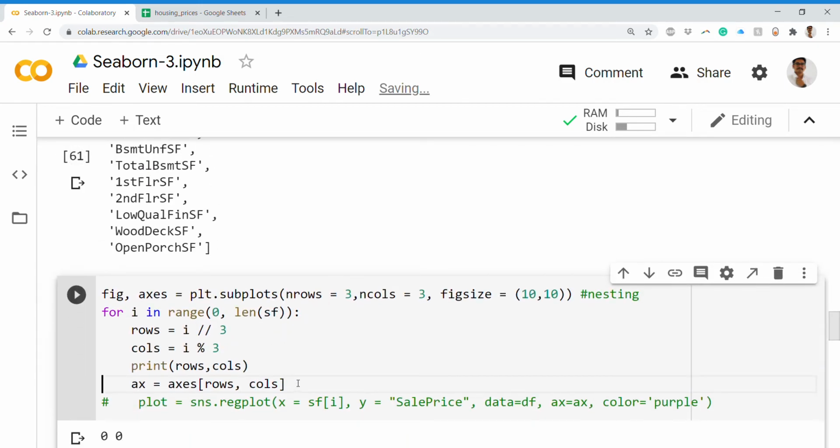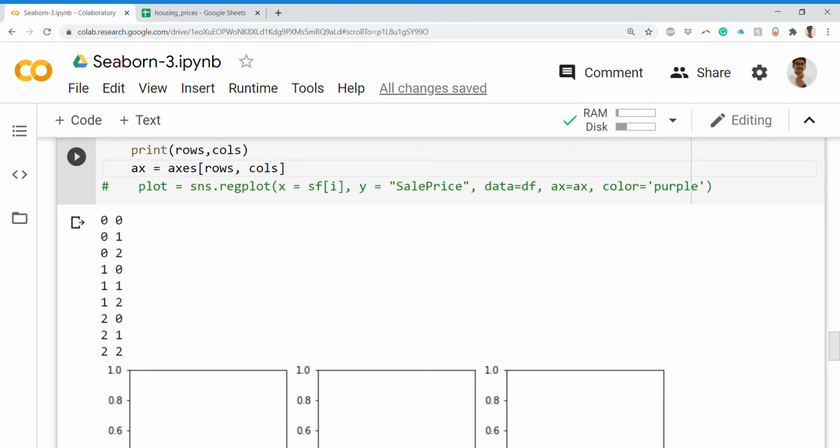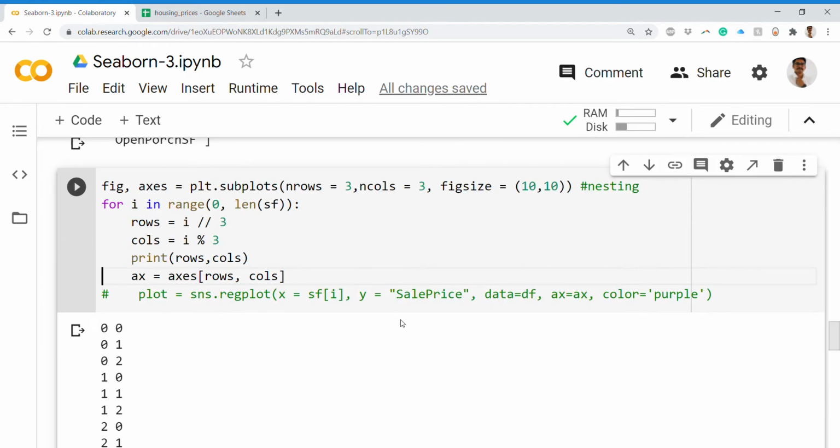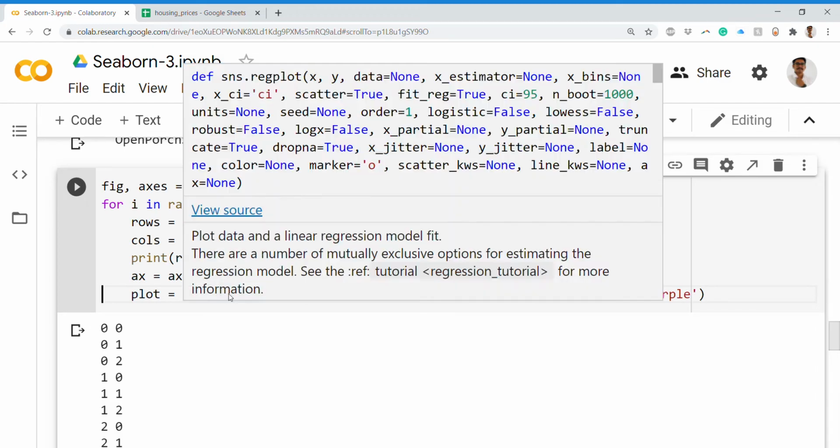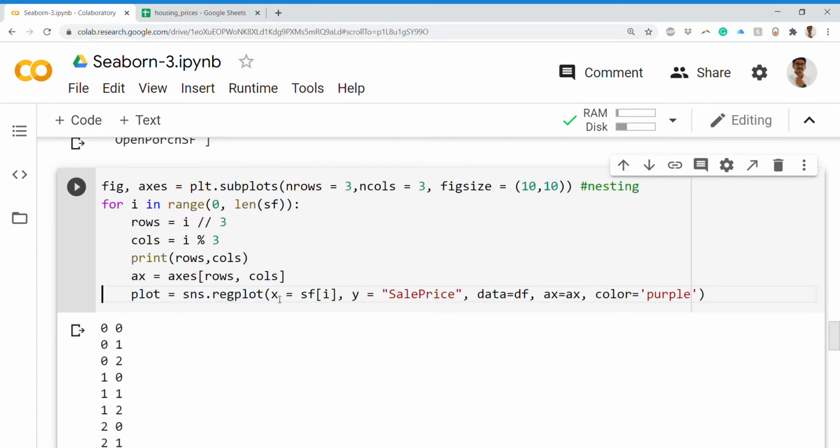So you can pass only one when it's a univariate distribution, like a count plot or a dist plot. You can do this with that also, but since we are doing a regression plot, we want these two. So that is an array of axes objects. This is an array, or you can consider it a list also. And then I'm doing a plot, and to plot I'm calling the regression plot, that is regplot, what we have done previously.